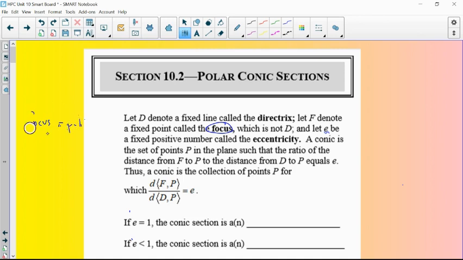That is horrible, I couldn't write that very well. Let's try that one more time. So the focus equals the pole. And then the directrix is this other line that's not really part of the graph,